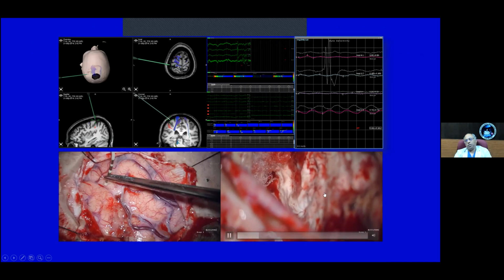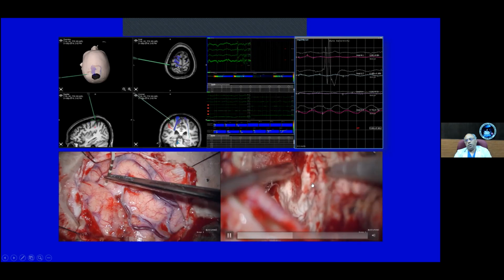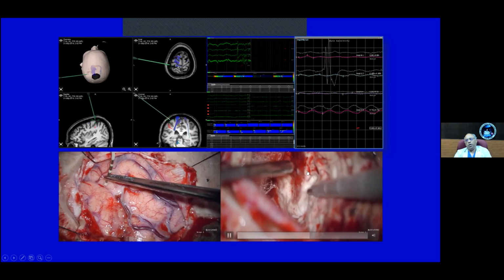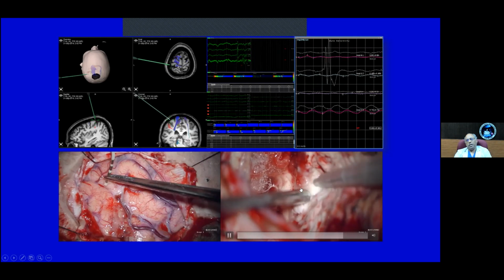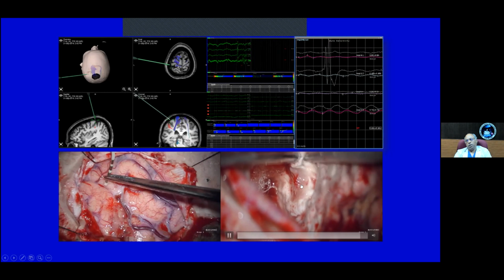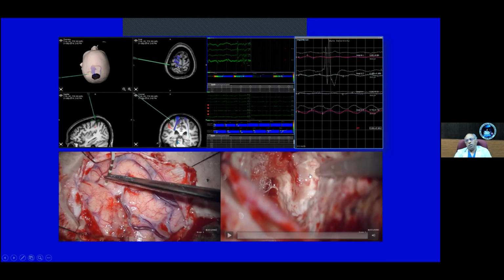And this is the depth of sulcus dysplasia. Professor Rutka has mentioned that this looks slightly different compared to the rest of the brain. This is firm, and it's sometimes gelatinous compared to the adjacent cortex inside the white matter. This is the depth of sulcus dysplasia. And gradually over a period of time,